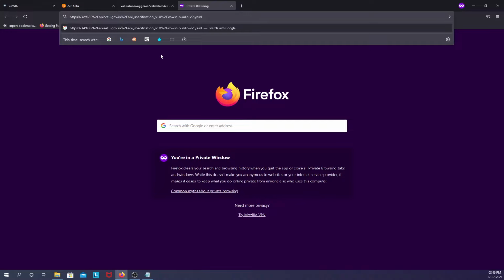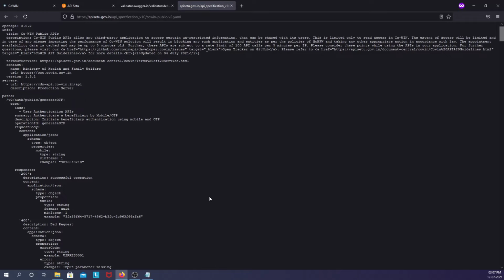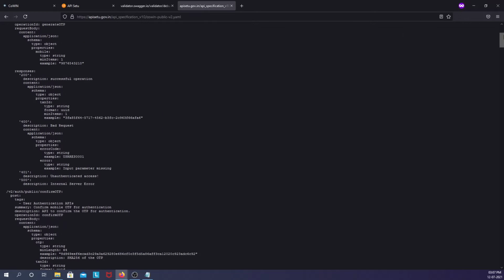So let me cut that portion from that URL, and here we see there are some special characters. Let me replace these with the actual characters corresponding to these special characters. Okay, so this gives me a YAML representation of the documentation for this API.